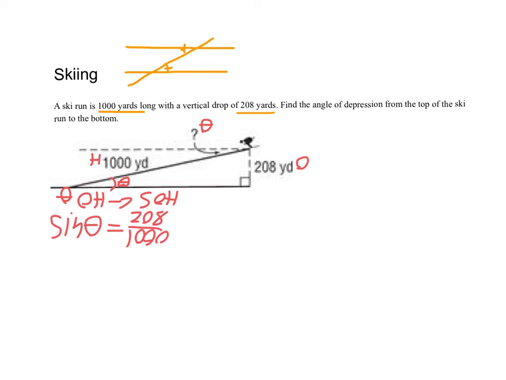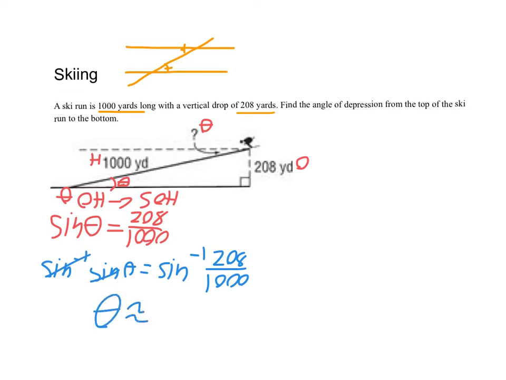I want to isolate that theta, so I'm going to use my inverse sine from last week. So the inverse sine of sine theta is equal to the inverse sine of my 208 divided by my 1,000. Inverse sine and sine cancel out, leaving me with theta is approximately equal to 12 degrees. The other way we can work it